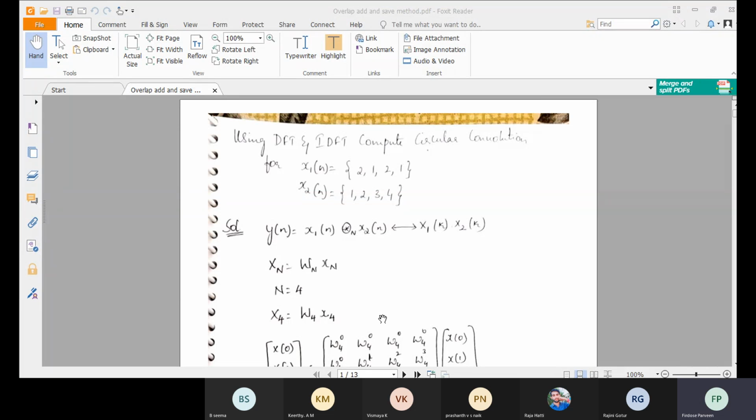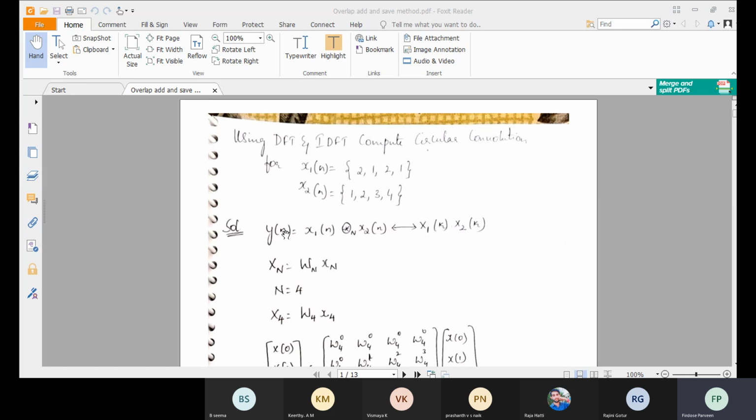There is a problem. I told you last time that there is one more method of solving circular convolution, that is using the DFT and IDFT method. Okay, so we'll see one example of how it is. We have seen it before, but that was a lengthy process. This one, using the matrix method, you will be seeing.